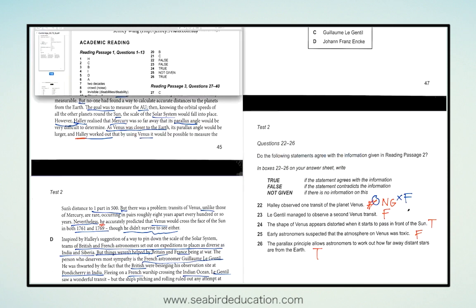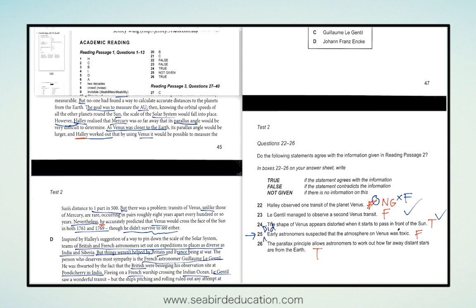False. True. Again, not given. Suspected, that they suspected. Oh, I see. Of course it's not given, because they may well have, but it's not explicitly saying. One way to check with these not given ones is to make this into a question. So, did early astronomers suspect that the atmosphere was toxic? Now that I've made it into a question,